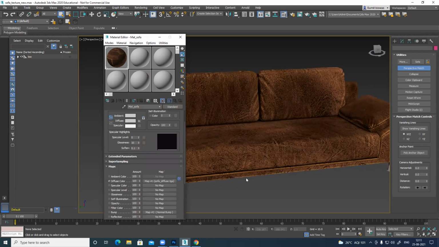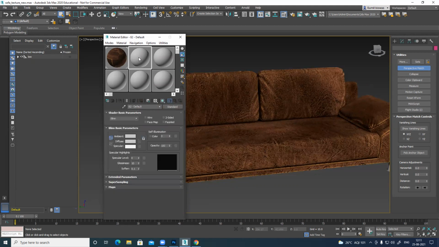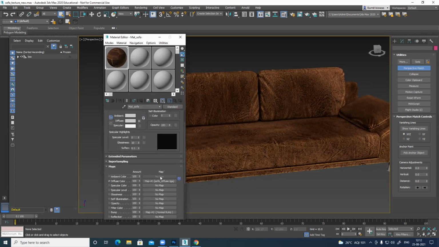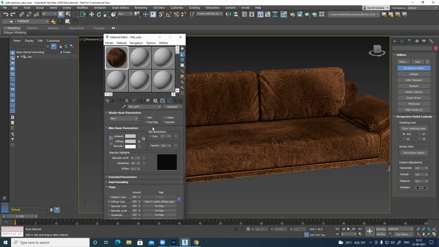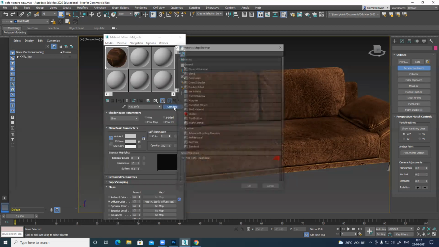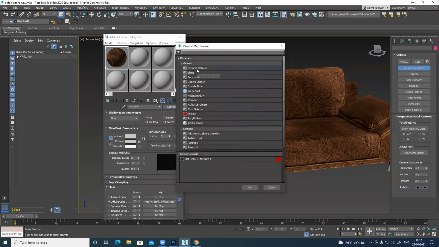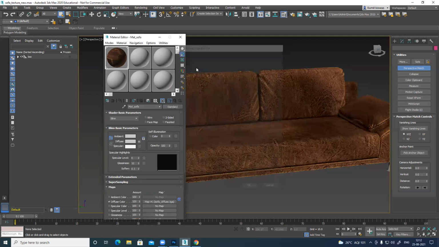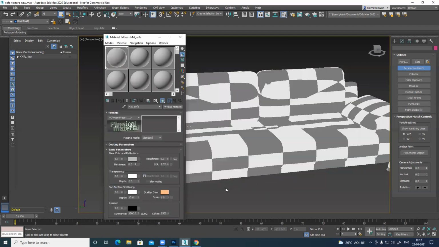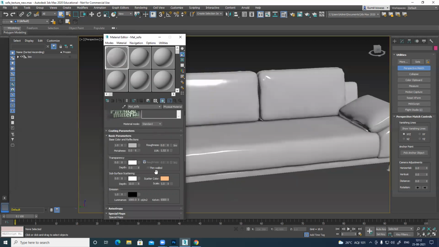So for using roughness and metal, you use a physical material. You cannot use a basic default material. That is physical material. It is physical, don't worry. So click on the standard and you can see physical material. By default in your system, it must be showing physical material. If you click this and change, it looks like this, right?